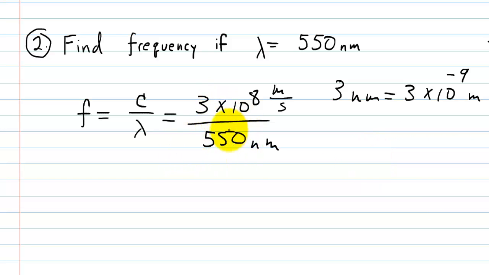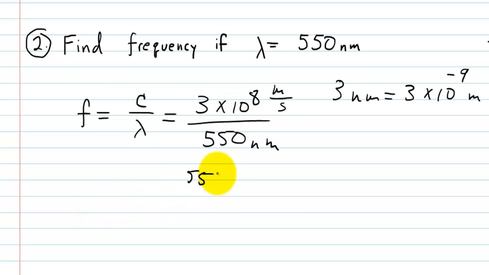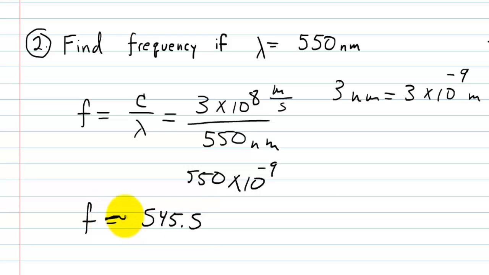So for this one, you're just going to type in 3 times 10 to the 8 divided by 550 times 10 to the negative 9. So what is that? 550 e to the negative 9, and you should get a value of a frequency which is going to be equal to 545.5. This is rounding. So 545.5 e to the 12, and really this is just how many